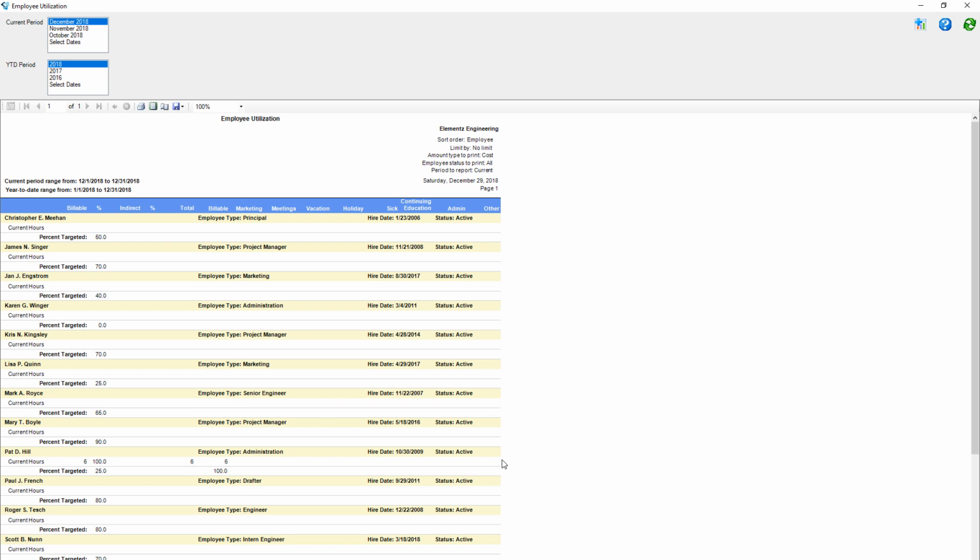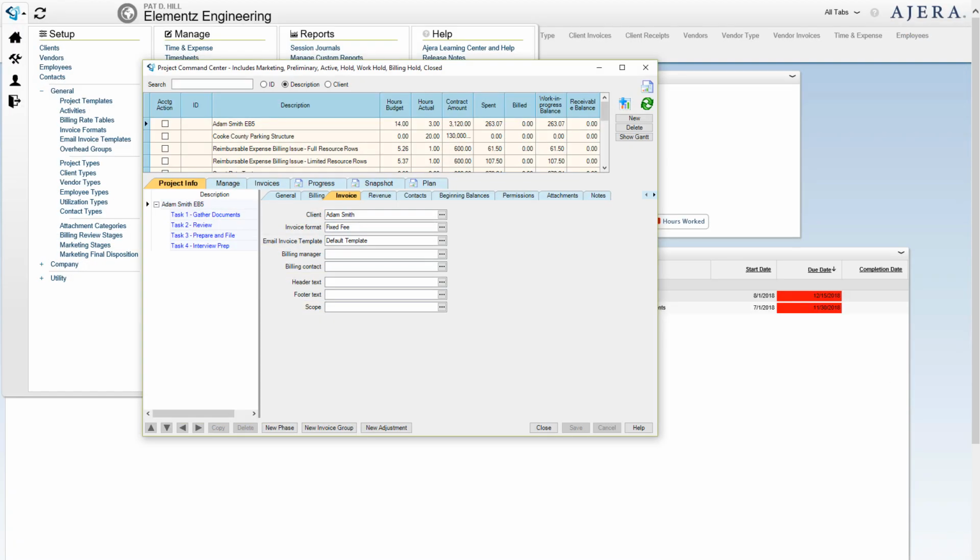As a firm grows, you wonder what everyone's doing for the last month or the last week. You can run this report, and I've been entering time as Pat Hill, and so I have 6 hours for the period, and I'm 100% billable, which is the way it should be. Other tools we can look at